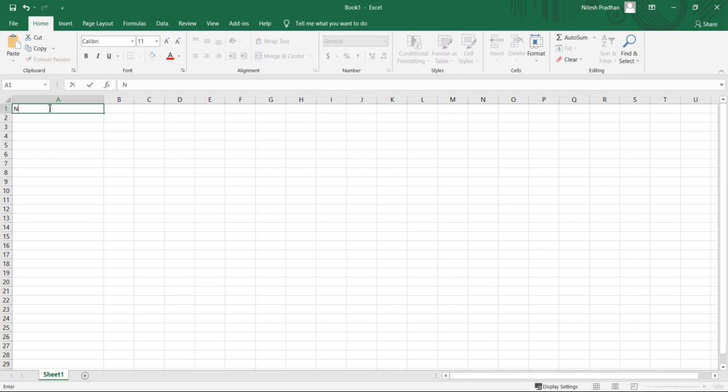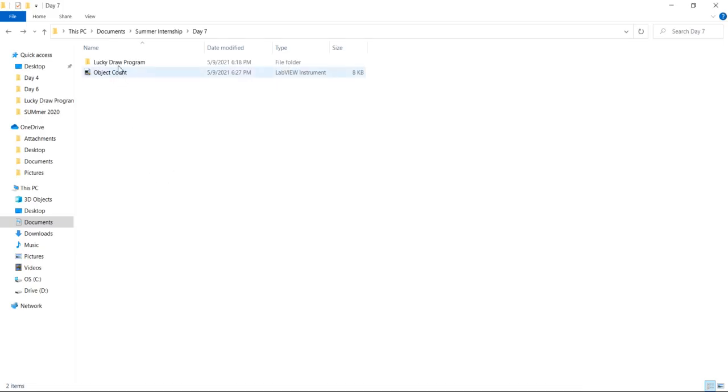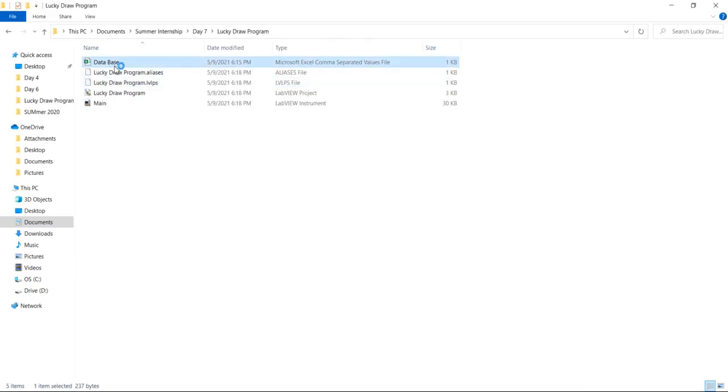Username and password. Okay, let's take the same names here from the previous database.